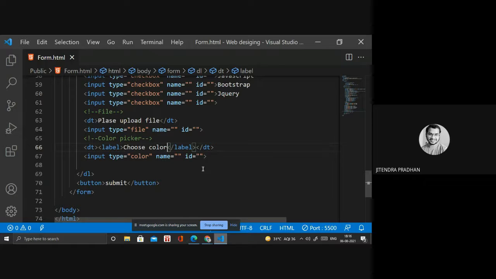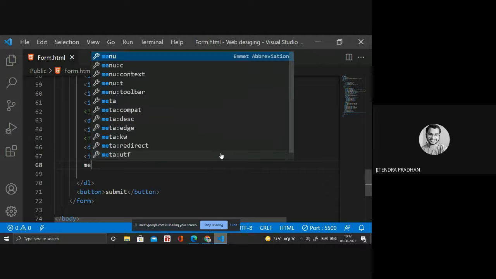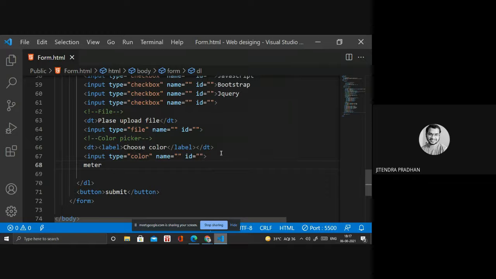Before that, meter. Meter has minimum, and we have maximum, max, in that, and with it value.